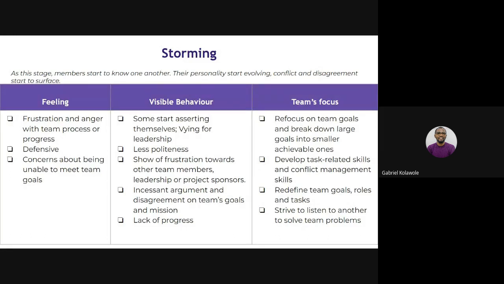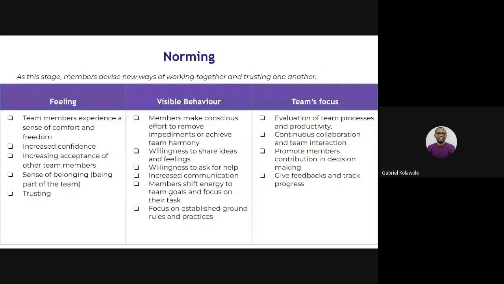Develop task-related skills. Conflict management needs to top what the team will be doing at this point. Redefine team goals and roles and tasks, and also strive to listen. So at this point, one of the things the Scrum Master would heavily be doing is what? Coaching people, encouraging everybody to strive to listen to one another. So when I listen well, I know that what this guy is pointing at is not coming for me. He's just trying to ensure that this job that we need to deliver, we deliver well. So when we start listening to one another and understanding one another,